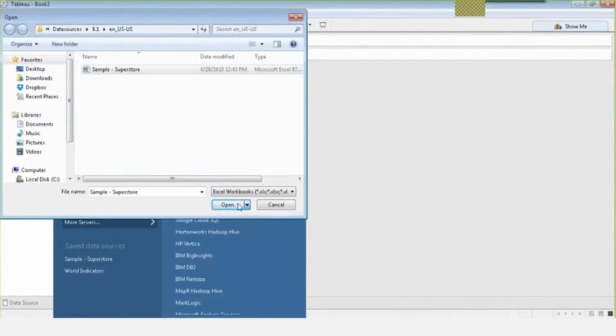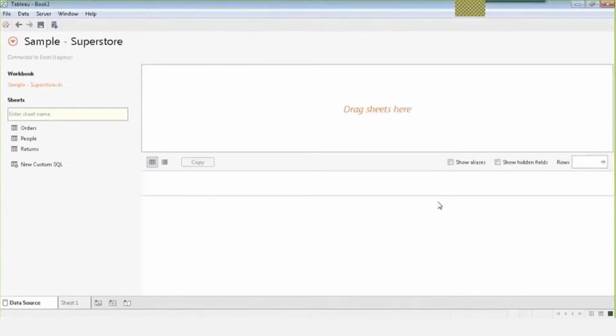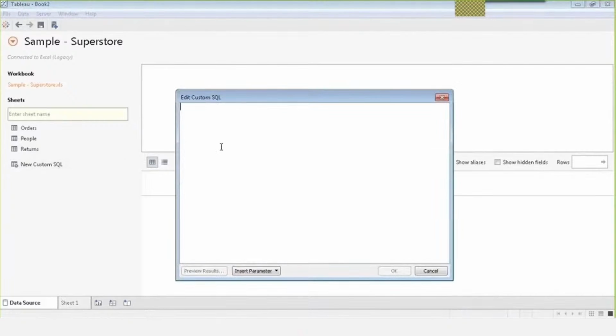I'm going to ensure that you've selected that, and that's how you will then connect to the data source. And with that, you now have a new custom SQL option that's opened up for you all. Once you've connected, you can double click on the new custom SQL, and you can write in your query. You can write in the SQL where you want to perform the query and pull in your data. All right, so you can have your select from,